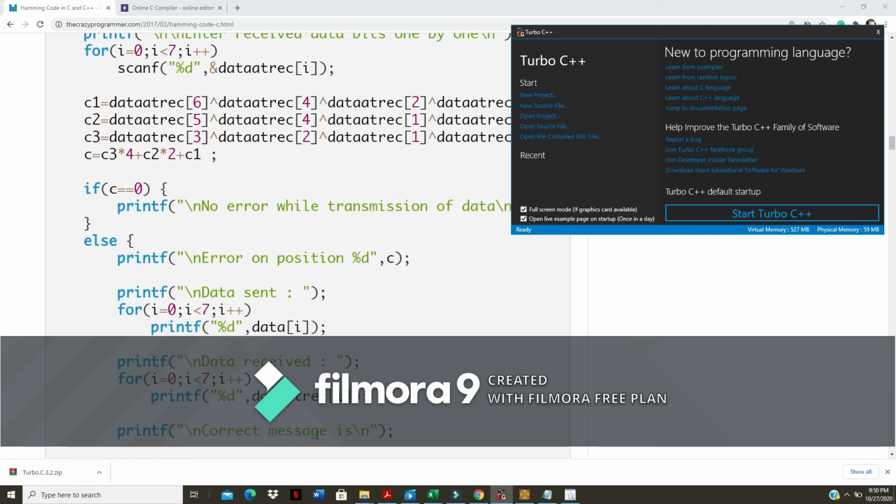Suppose I am just changing the received bits. Suppose 1010 is my encoded bit, for example, and I change my received bits to 1011. So the fourth bit I have changed from 0 to 1. Then it will say the error is in position 1, counted from the left. It will always take from the left side, so it will say in the first position it is having error, and it will give the corrected message as 1010. So like that, it will display the correct message, and it will display in which position it is having error.